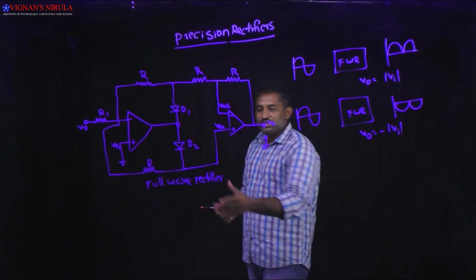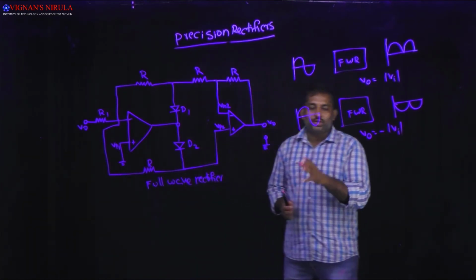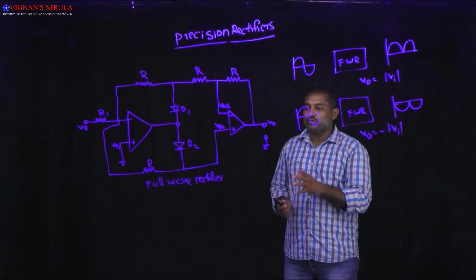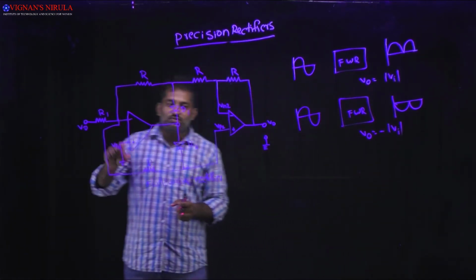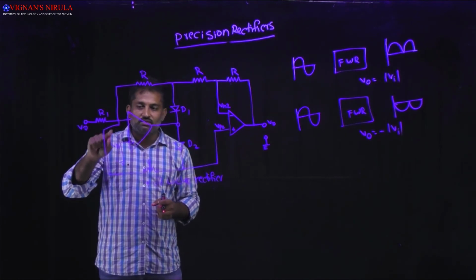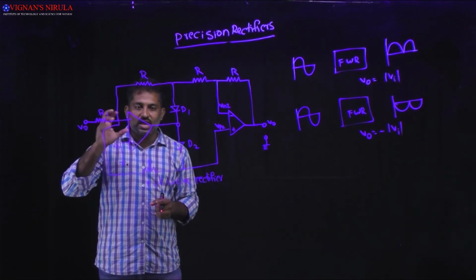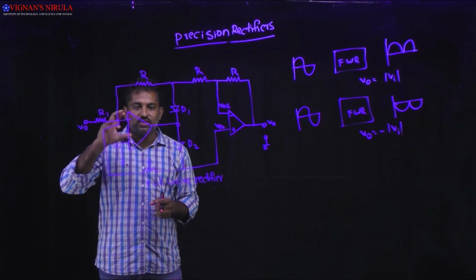Now by using this circuit, I am going to generate the positive full wave rectifier. For this I am considering the inverting input. I think everyone will know clearly why I have chosen an inverting op-amp.